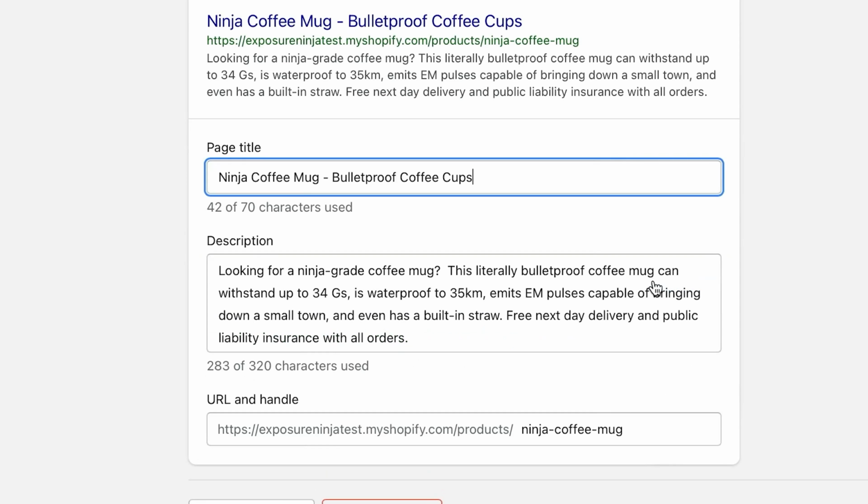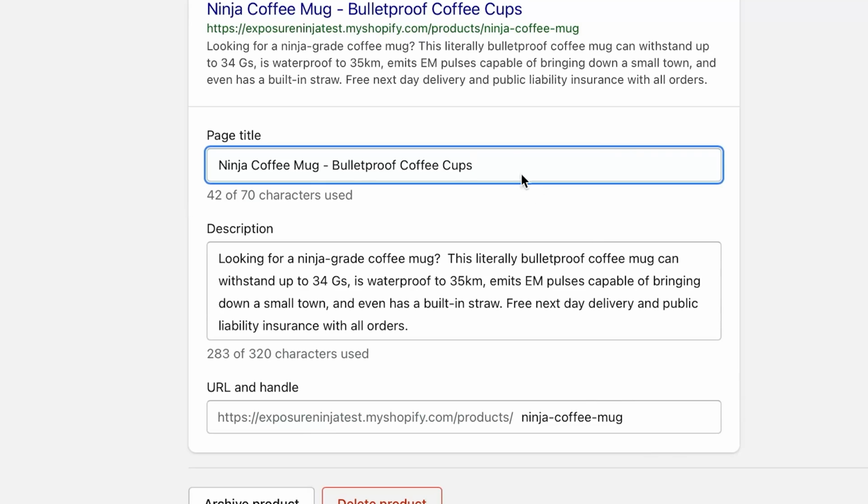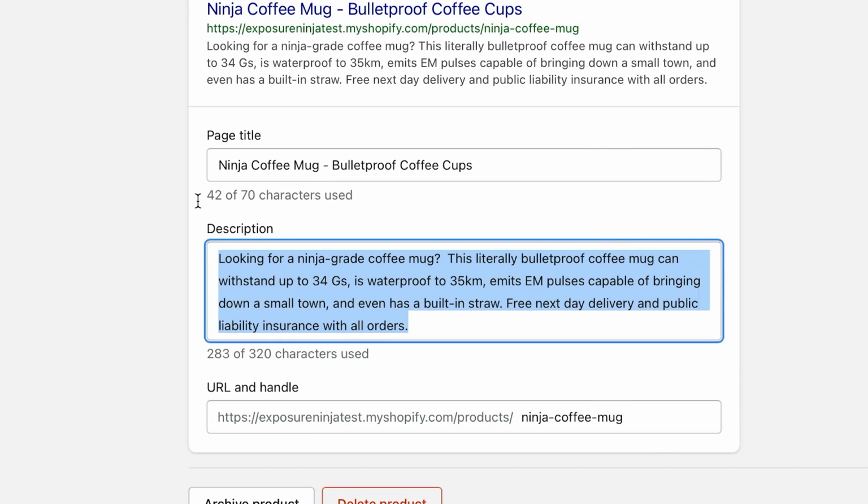Now, at the bottom of your product listing, you'll also notice you've got the same edit website SEO section that you had on your collection page. And the same rules apply here. You want to optimize your page title and meta description. You'll notice that by default, Shopify populates these automatically from your product name, but also from the description that you've added of your product. So by default, these might be a little bit too long,